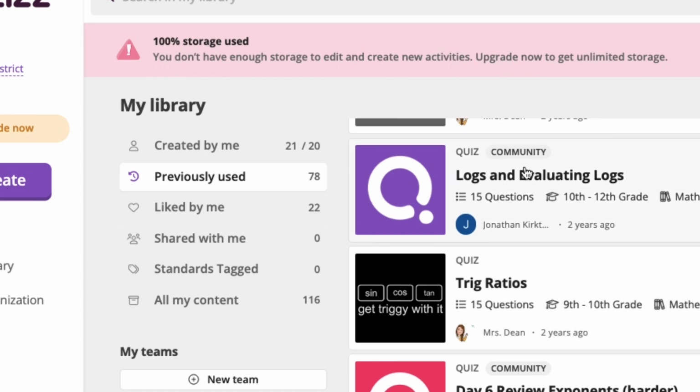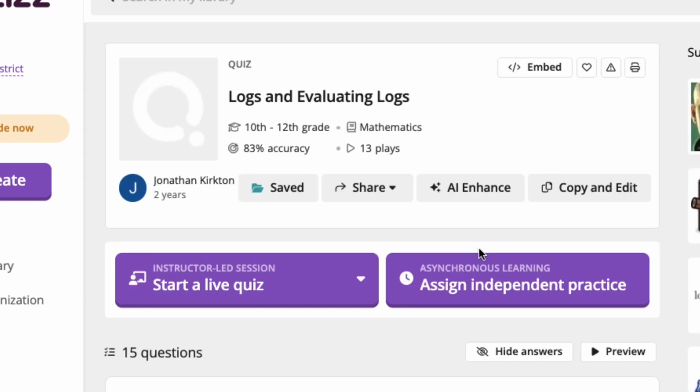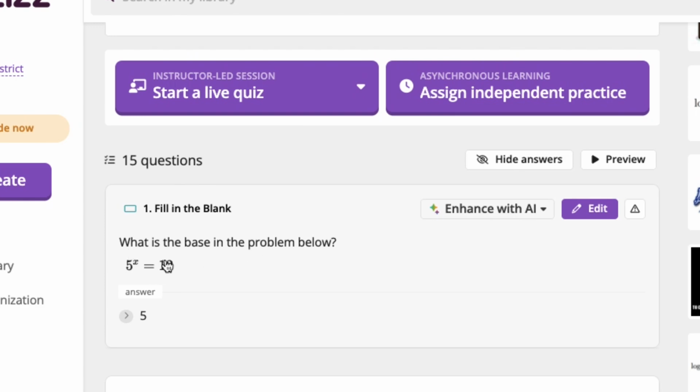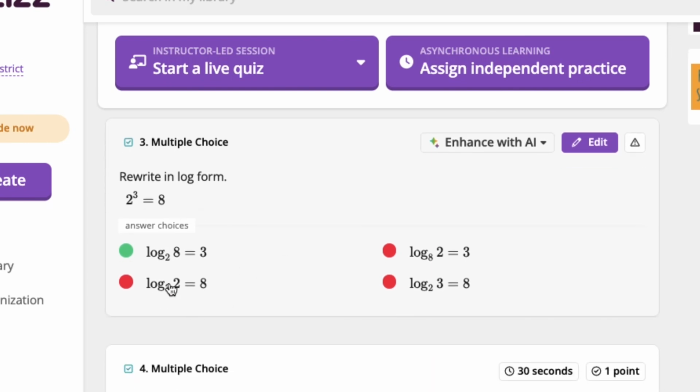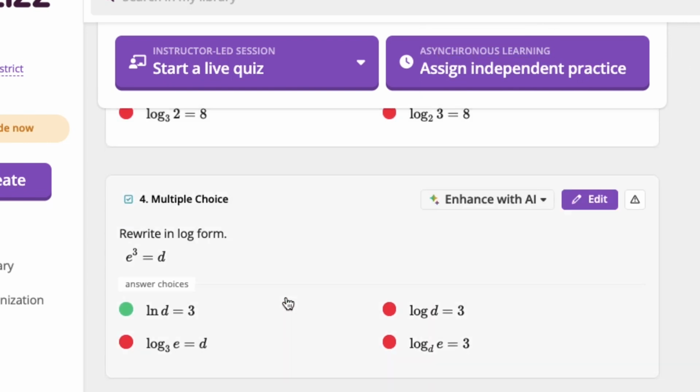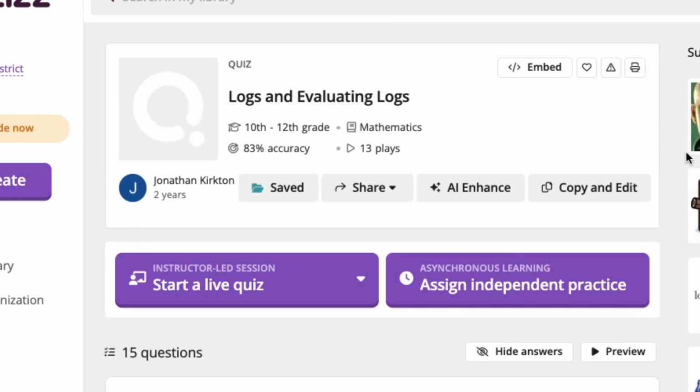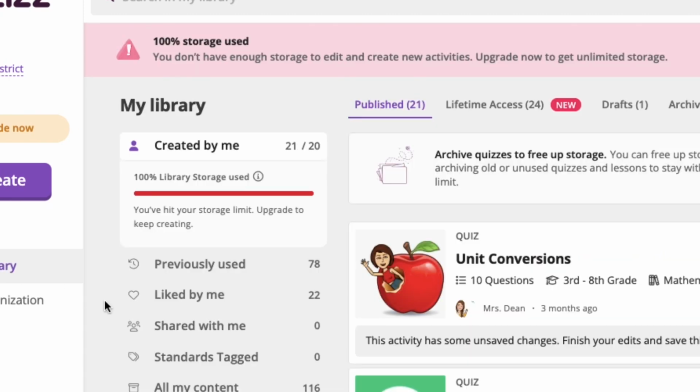And what this looks like from the teacher end looks a little bit different for the students, but the students are going to get this question, and here's a fill in the blank they have to answer. So these look like fill in the blank, and then there are some multiple choice questions, so rewrite, and then the students choose the correct answer. And you can choose how many points a question's worth and how long you want the students to have to answer these questions. So you can do this as a live quiz. You can also assign it as independent practice. So I do use quizzes often for e-learning, and that works really well. My students, especially my honors kids or my pre-calculus kids, really get into this and really like the challenge of